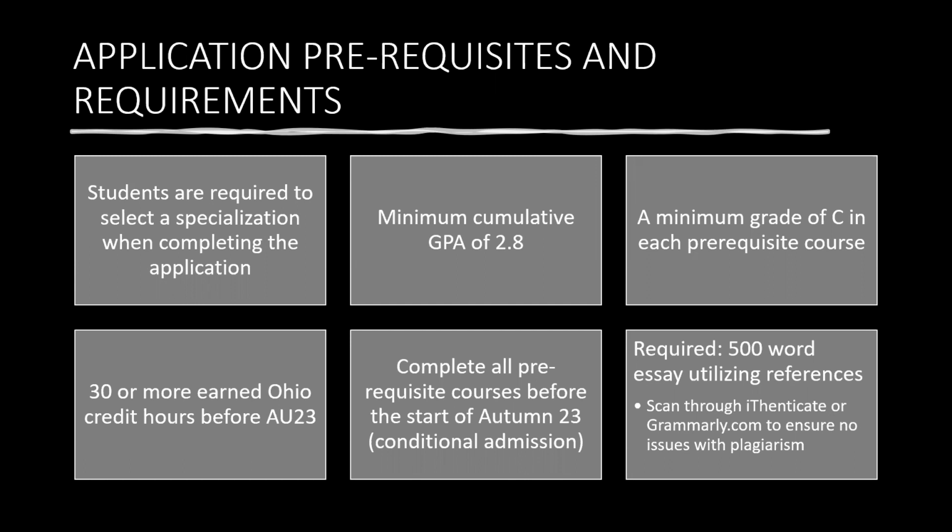And I do have conditional admission listed there. If you are out there and you are thinking, maybe I'm wanting to apply, or I know I want to apply, but there's a prereq that I haven't completed yet. Maybe you're currently taking that. Maybe you aren't right at the 30 credit hours. You're pretty close and you will get there after this spring or this summer. Email me, talk to Todd or myself. We can work with you on that. And if you are on track and we see that, we can conditionally admit you with that understanding that that will be completed. And lastly, we'll talk about this in a little bit, but there is a 500-word essay that is required.